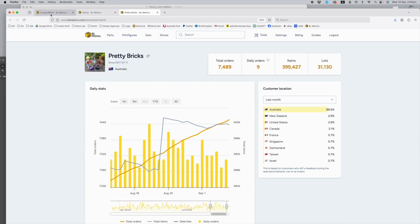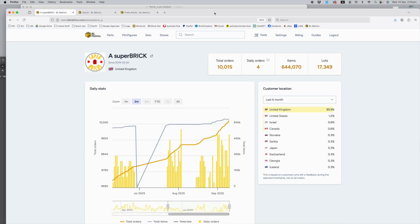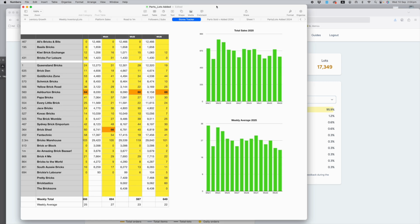Interesting stuff. Anyway, this week's guest is going to be superBRICKS, but before we do that, we'll just have a look at the total sales and how we're tracking. As you can see, it's fairly consistent. This week was 649. There was a couple of stores added, which has given us a bit of a bump. But if you think back to,